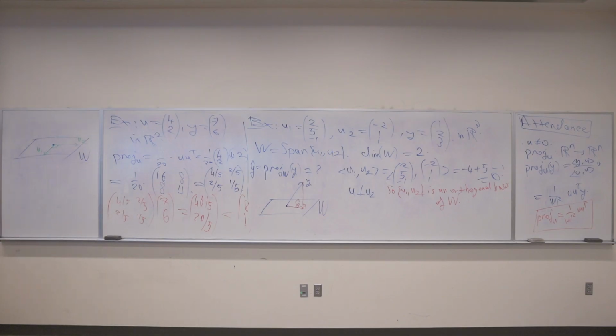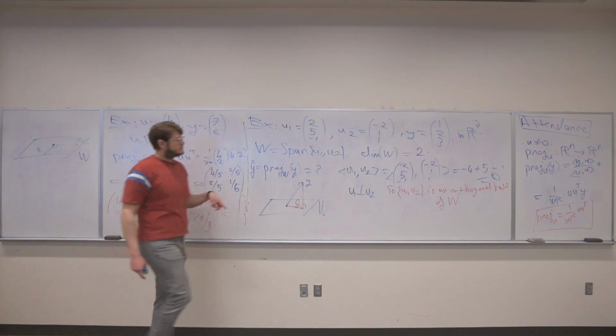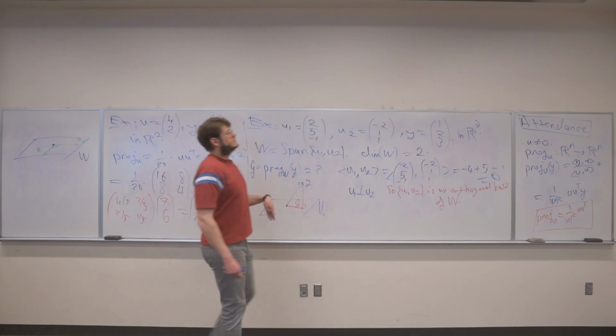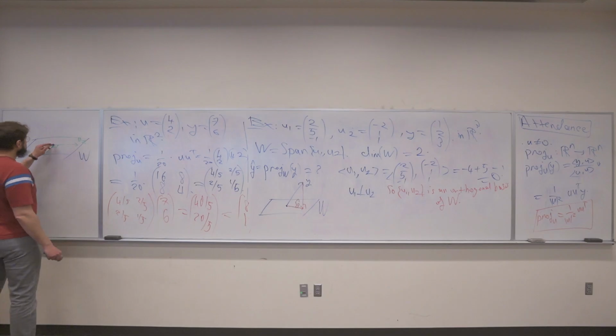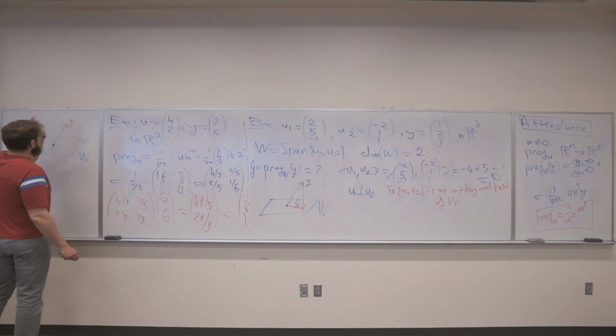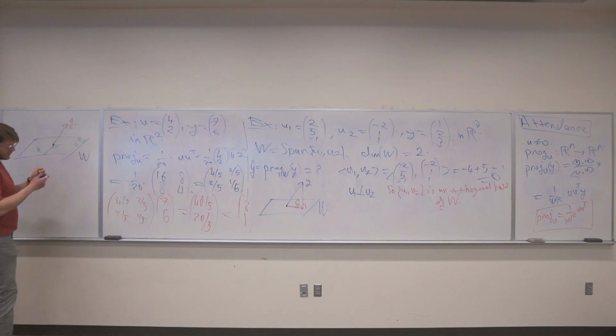I took some other vector. It's not in the span, even though it doesn't really matter. This vector, we can just take it to be not in the span of u1 and u2. So this y vector just sticks out. Okay. When we project it,